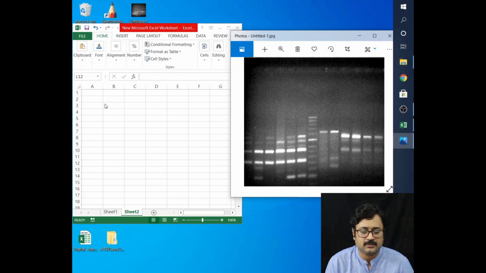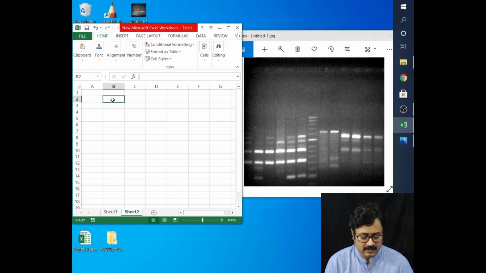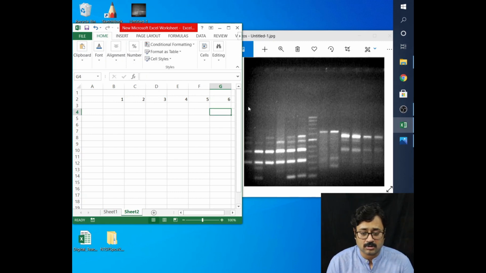For each of the lanes I will designate one column, and I will name them 1, 2, 3, 4, 5 and 6. Each of these columns represents each of these lanes here.